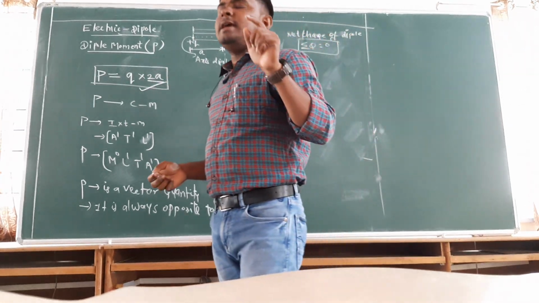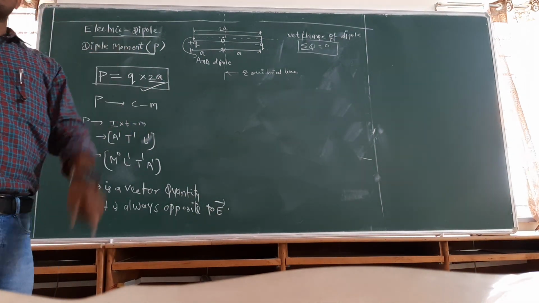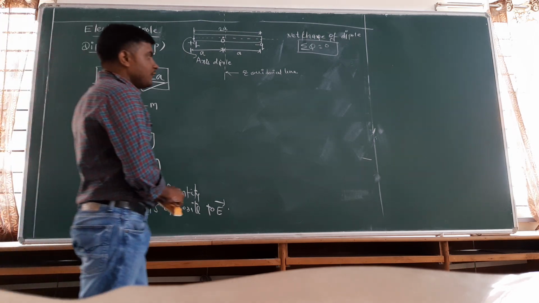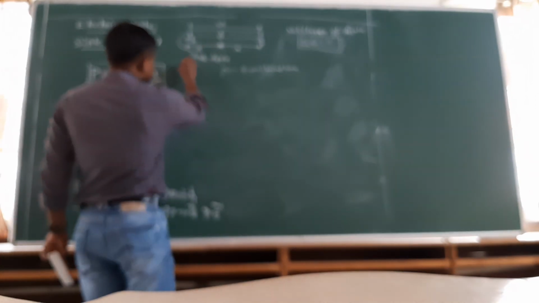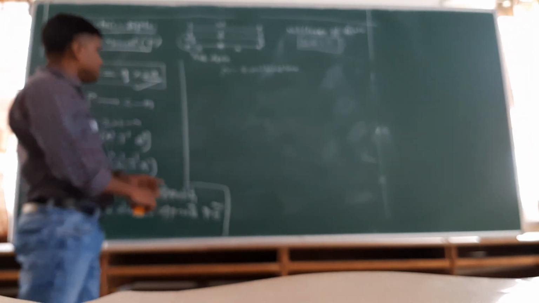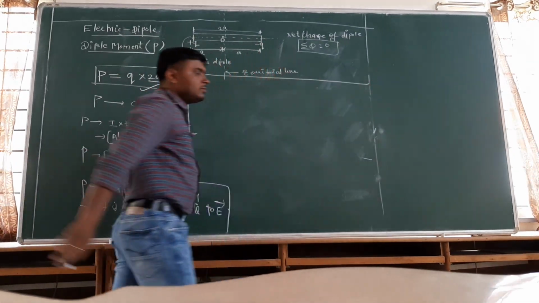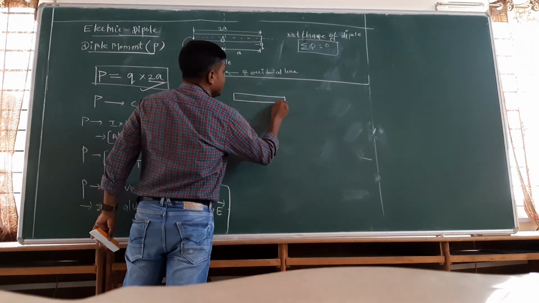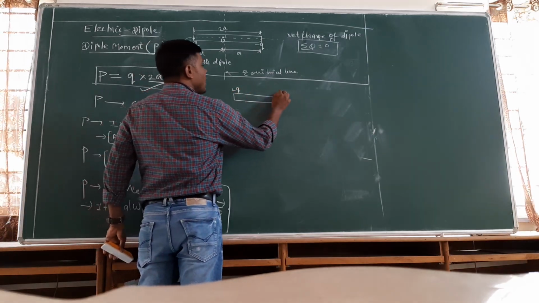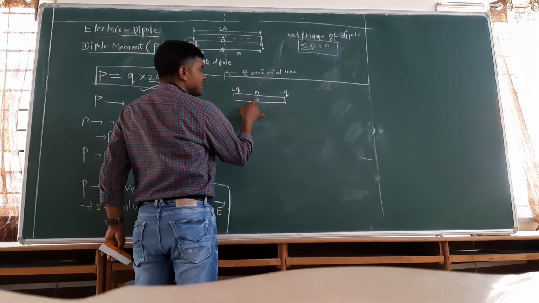First we'll see what is the net electric field due to an electric dipole at a point on the axis of the dipole. For that, first you need to consider a dipole. You cannot work without taking a dipole. If you have a notebook and pen, you can note it down. Let us take an electric dipole. Let's say the two charges on this dipole are plus q and minus q. Let's say the center of this dipole is marked as O.